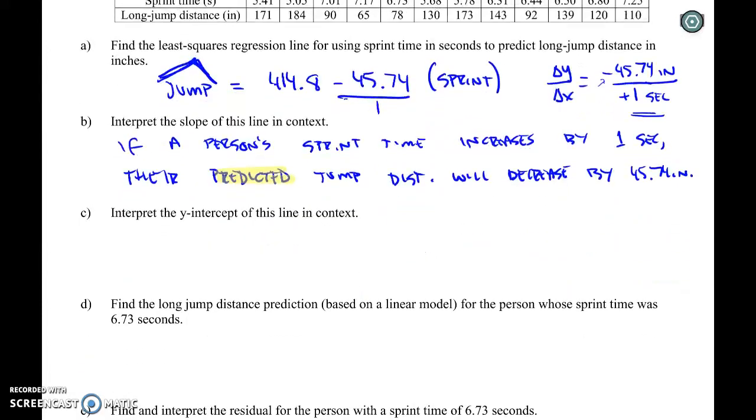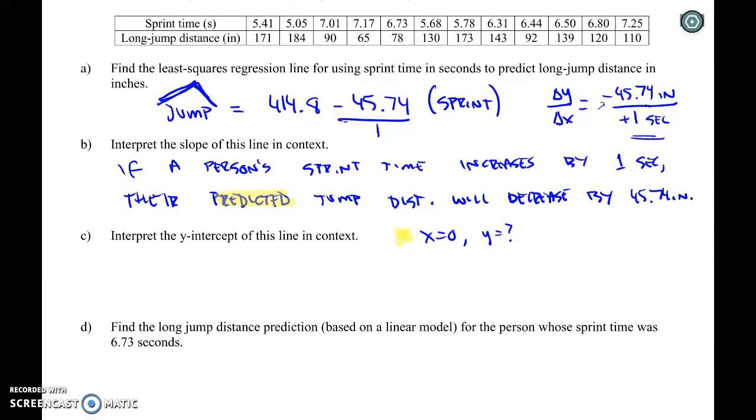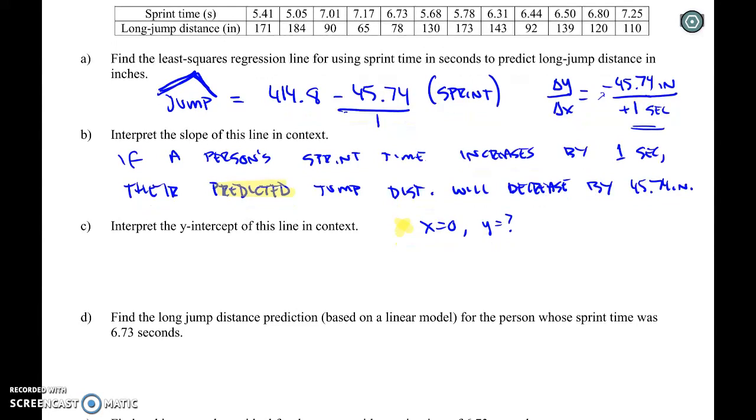Okay? Interpret the y-intercept. Remember, y-intercepts are when x is equal to 0. When x is equal to 0, what is your y value? That's what the y-intercept is. So in this case, x represents the sprint time. So basically, if somebody has a sprint time of 0, if they can run the 40-yard dash in 0 seconds, then their jump height would be 414. Doesn't make sense in this problem. You can't run 40 yards in 0 seconds, but if you could,